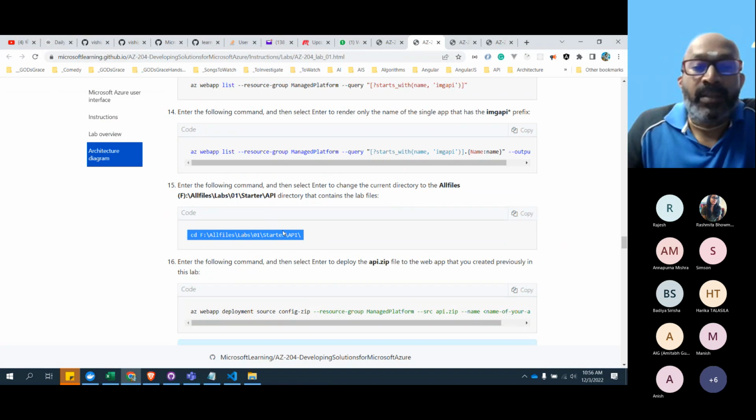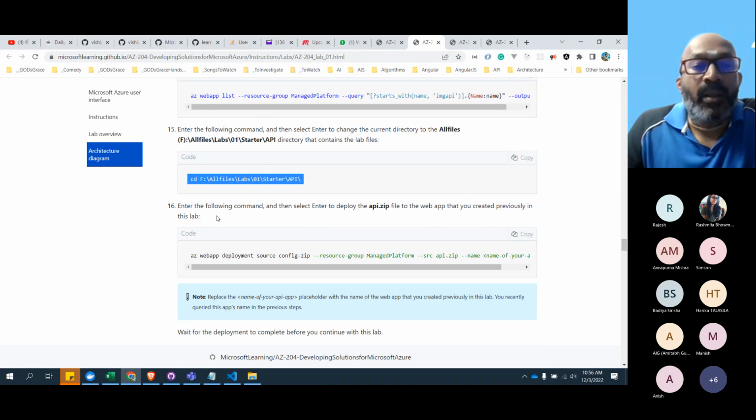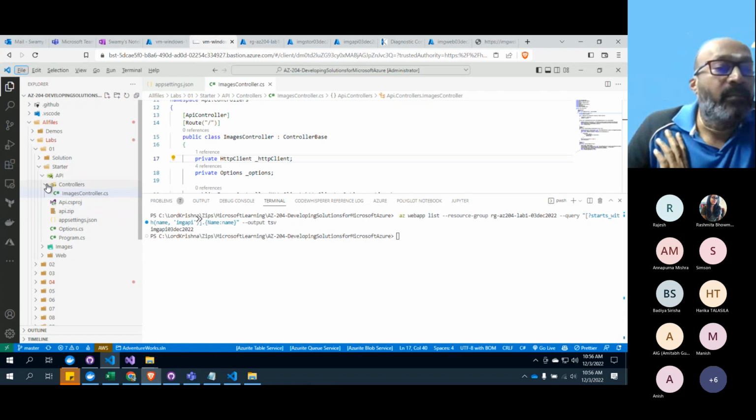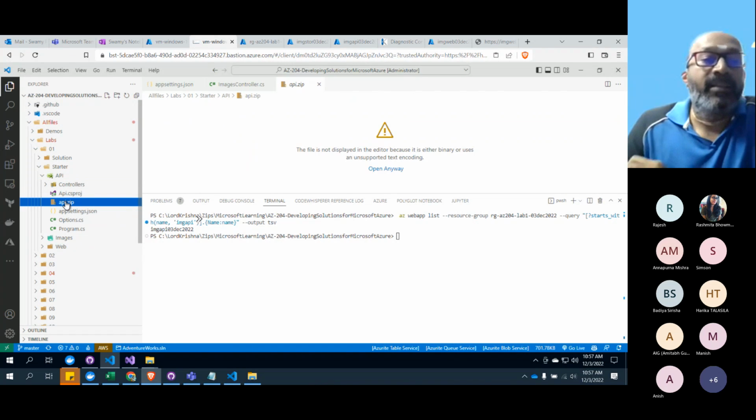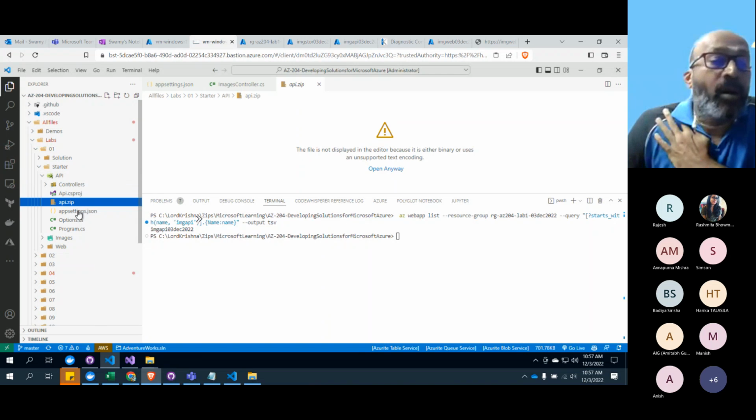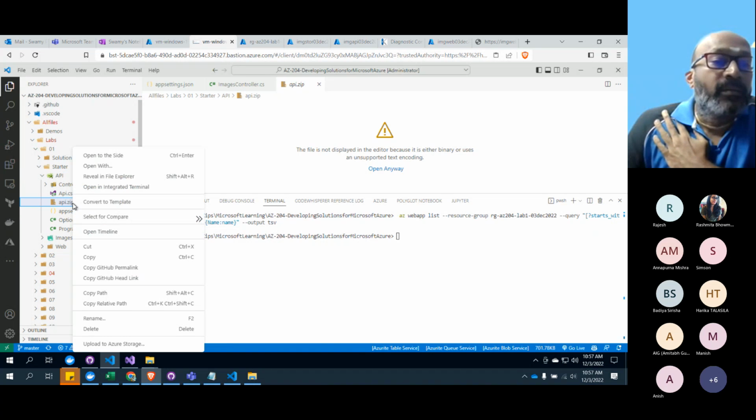Now here in the starter API, enter the following command and select enter to deploy the API zip file. In this file, Microsoft has already created a zip file, and inside the zip file they would have compiled or zipped it.